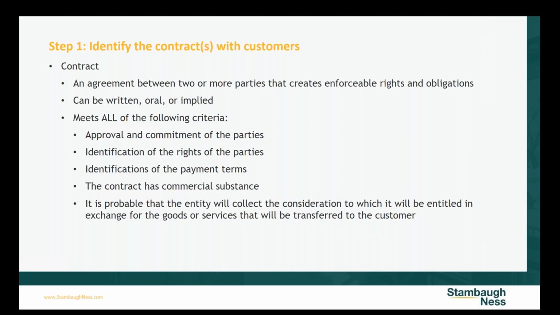The contract has commercial substance, or there's legitimately a scenario here that's comparable to other nonprofits or other situations of a similar nature. And then the 5th one is it's probable that the entity will be able to collect the amount for the exchange of goods. So those are the 5 items that FASB essentially says must be met to be considered having a contract between 2 or more parties.